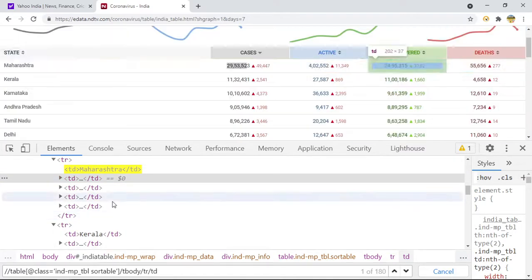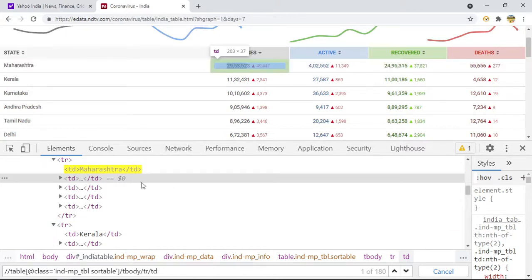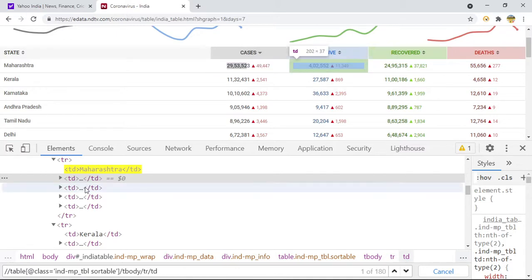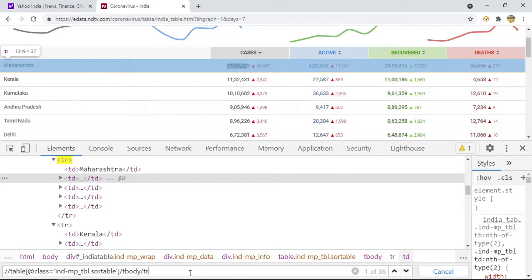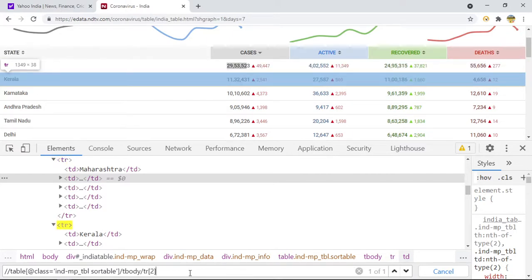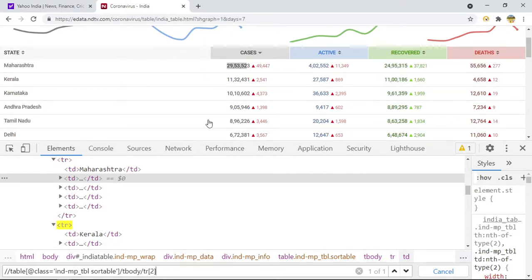That's why I say td of 2, because td of 2 will have this data. td of 3 will have this data. If I say td of 3, now this is our data. Okay. So as of now, let us take only td of 2.